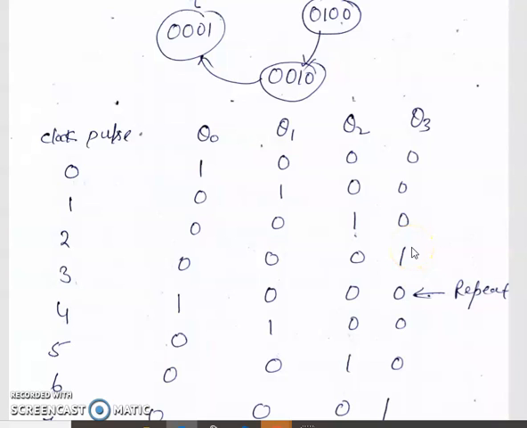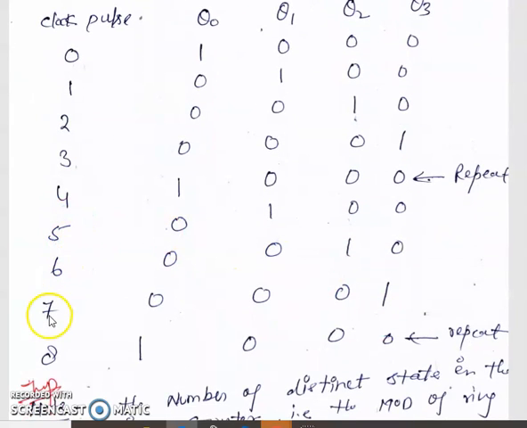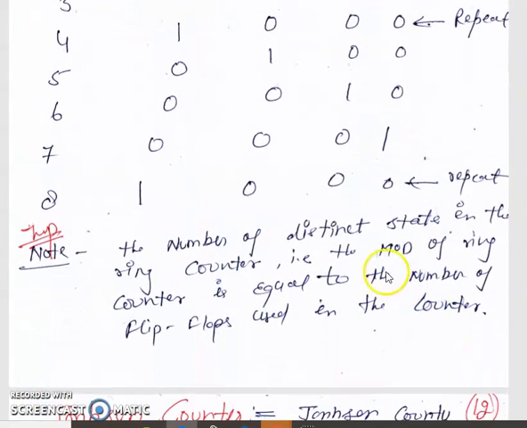This is a 4-bit counter, so we require 4 flip-flops, and the number of states is 4. That is n, so the frequency of each state is the total frequency divided by n. If we again apply clock pulses 5, 6, 7 and 8, it repeats itself. So we can say the number of distinct states in the ring counter, that is the mode of the ring counter, is equal to the number of flip-flops used in the counter, and its frequency is equal to the total frequency divided by